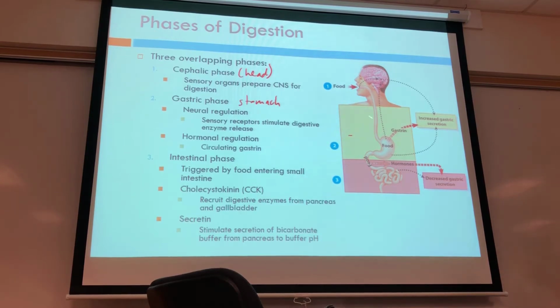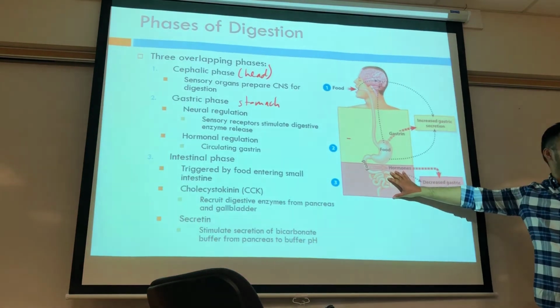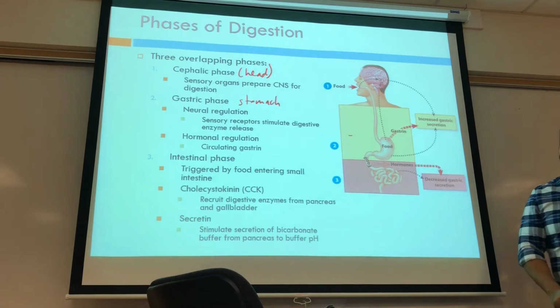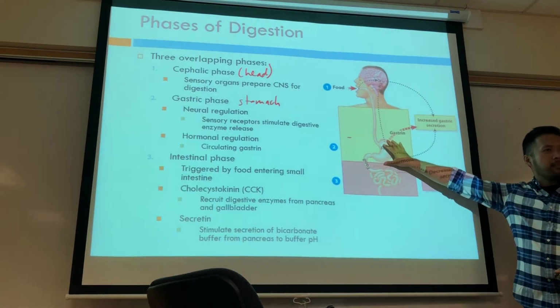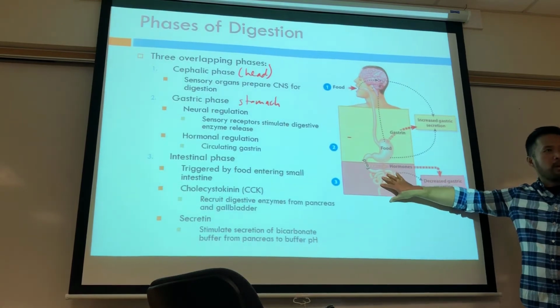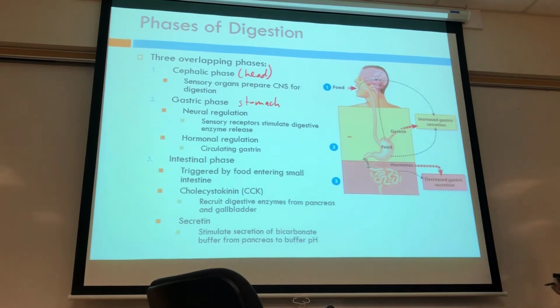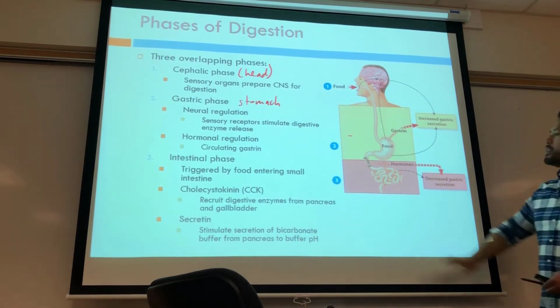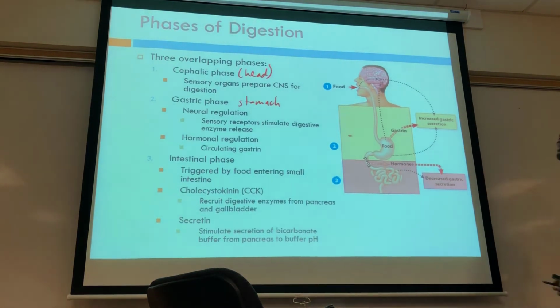So each of these areas are going to contribute to the different phases of digestion that takes place. And first and foremost, you can see the small intestine also involved in digestion. This is something that I've seen that people sometimes don't really think about, is that it doesn't end at the stomach. We're going to do more digestion within the small intestine. And this is actually the longest pathway in the alimentary canal, where the small intestine is going to involve digestion as well as the other function for absorption. But right now we're just talking about